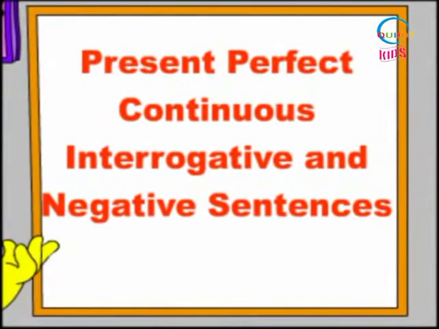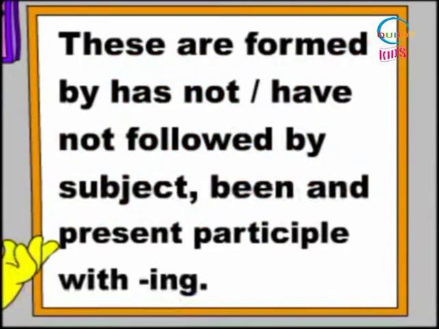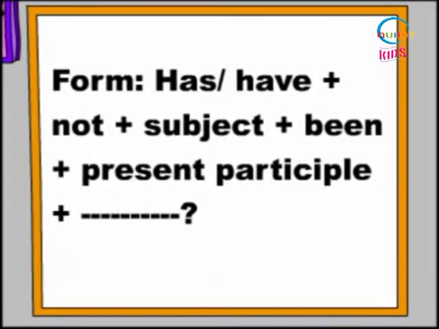Present perfect continuous interrogative and negative sentences. These are formed by has not, have not, followed by subject, been and present participle with ing. Form: has, have plus not plus subject plus been plus present participle. Examples: